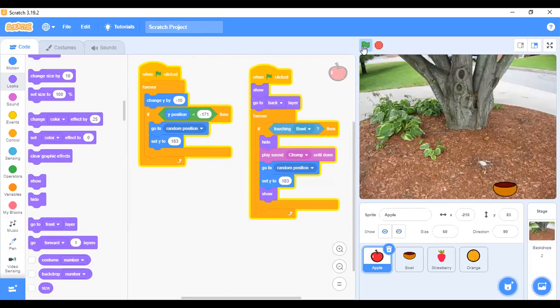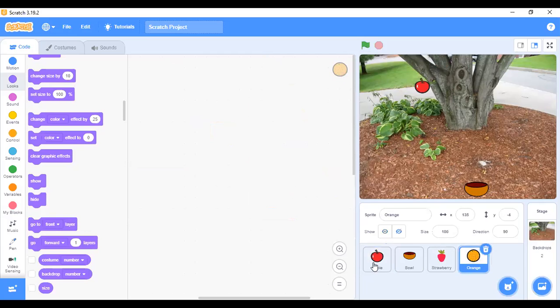Look at what happened. Can you see it again? It's catching it already. Nothing is passing by. But if you're not catching it, it will fall down and start again. Can you see? So that makes our code complete as far as the apple is concerned. And I said something during the intro. I said all this code, they are exactly the same thing I'm going to use for the strawberry and the orange.